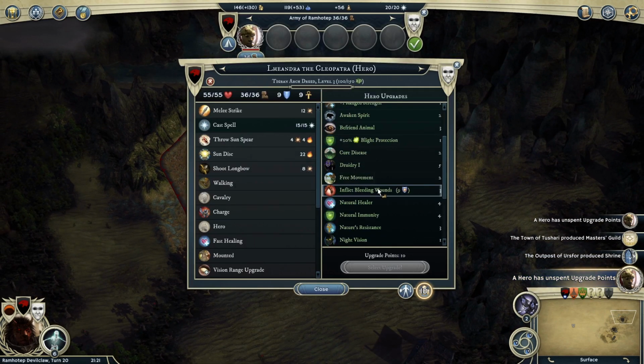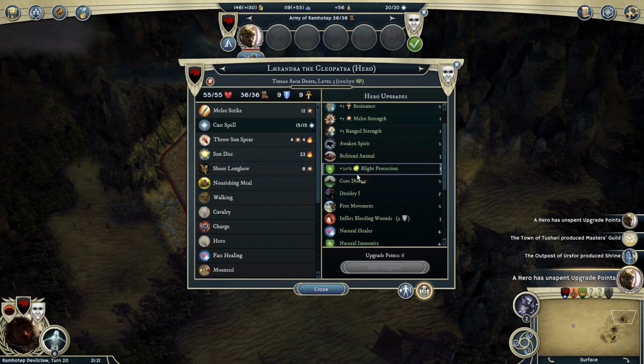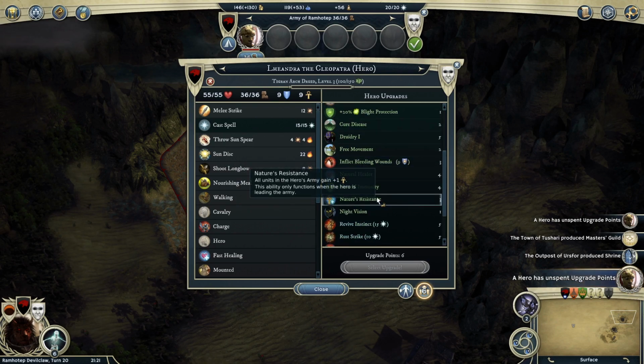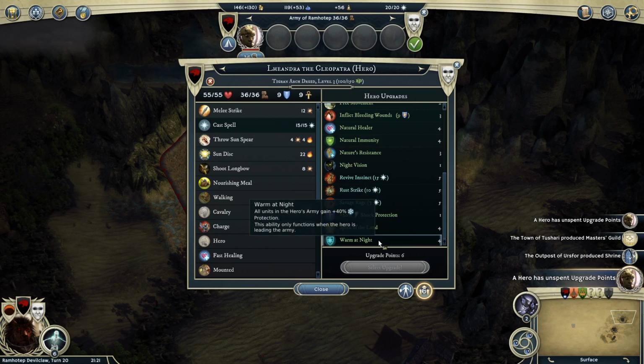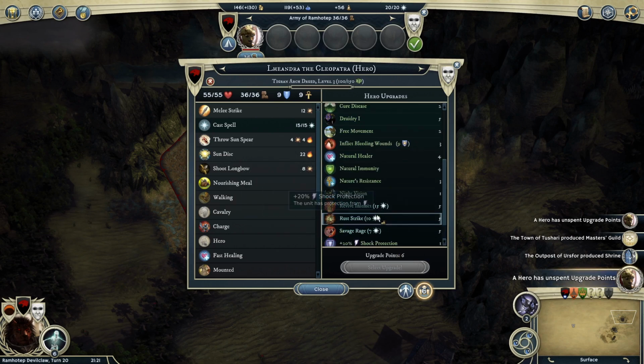So, oh, here we go. All right. We've got enough for two things. Let's do Nourishing Meal. And Befriend Animal wouldn't be bad. But getting some extra resistance wouldn't be bad either. Spirit of the Land is a good one when you're undead because obviously you've got that spirit weakness. Granted, being Tigran kind of helps with that. The Warm at Night isn't bad because that gives us even more frost protection. Yeah, actually, a Druid is a really good hero for...